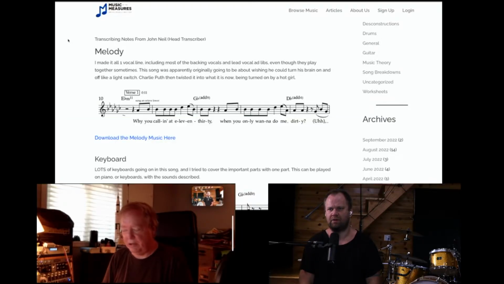Like it says in there, there's a lot of little ad-lib things in the middle of the singing. And I put those all in there too. It's like a call and answer kind of thing. He's singing a line, then he's answering himself on another track, like, oh yeah. And so there's a lot of that. As far as backing vocals, there's not that much.